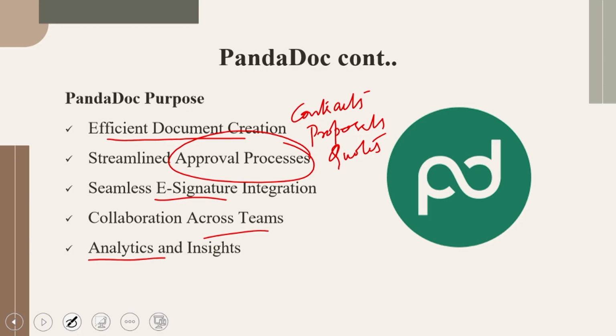So in effect, it helps businesses refine their documentation strategies for better client interactions, if you ask me. So when you ask me what is PandaDoc, I will definitely conclude like this. PandaDoc is especially valuable for businesses aiming to reduce administrative workload. It typically improves collaboration, as we have seen just now, and no doubt it enhances the overall productivity. Now, its intuitive interface and powerful automation features make it a go-to solution.